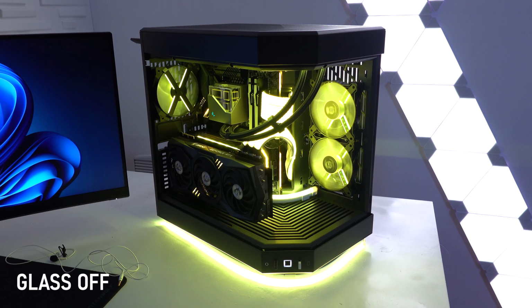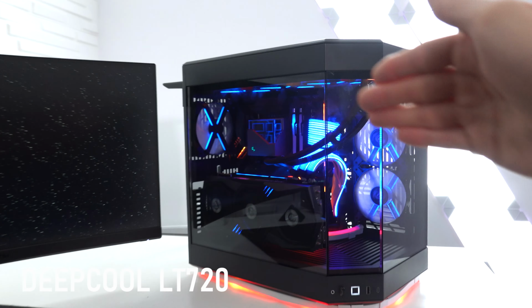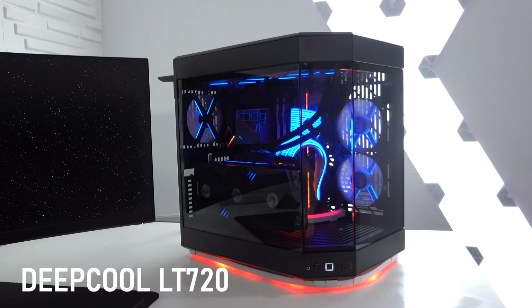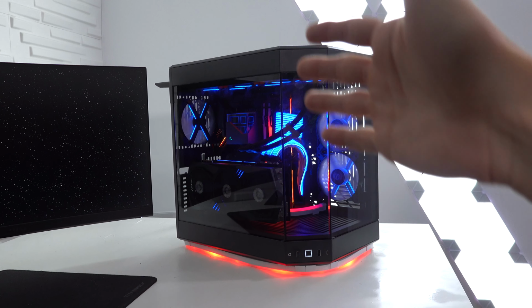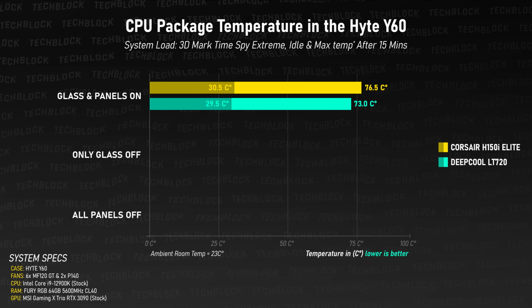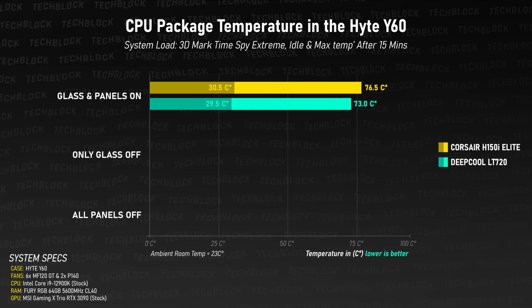I ran temperature testing with the Corsair H150i Elite LCD and of course the DeepCool LT720, and I ran the temperature testing in 3 different scenarios across both liquid coolers. So the first one was with the glass on and all the side panels on, which of course resulted in the worst thermals. Then I went ahead and took the glass off of the case, ran the tests again, and